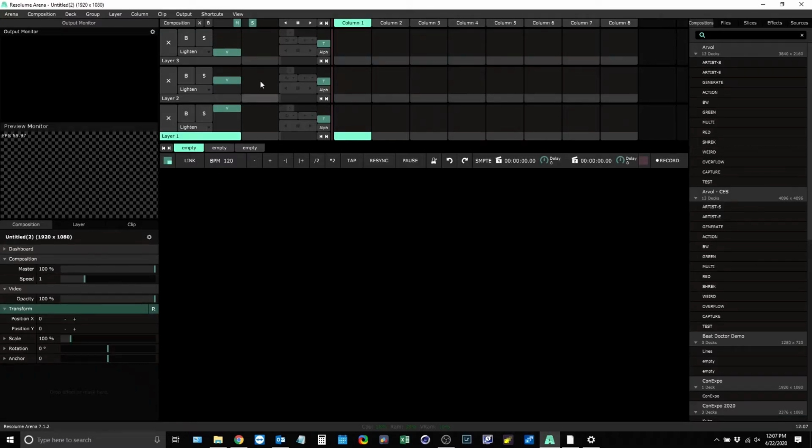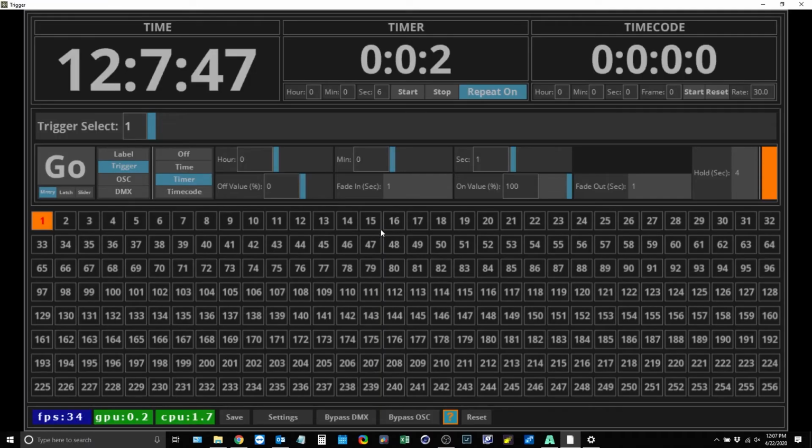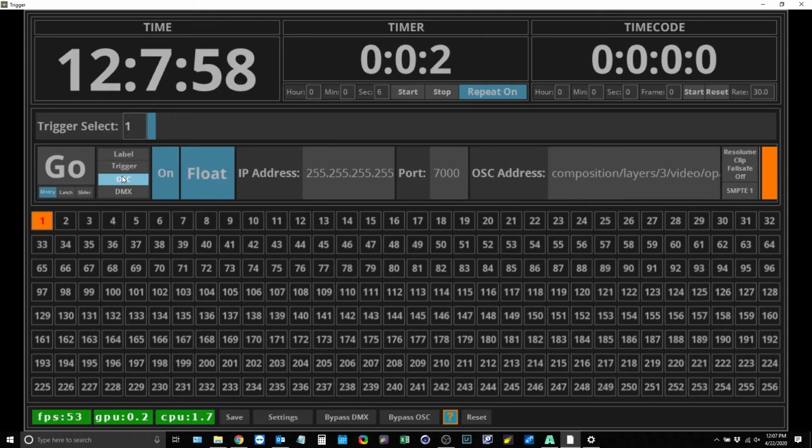And if we go back here, we can now see that that is a nice smooth transition, and it's not going to be a hard snap or a hard jump. It fades in and fades out nice and smoothly. So let's go ahead and put these fades back to 0. And let's have our hold for 2 seconds on this one. So going back to OSC,